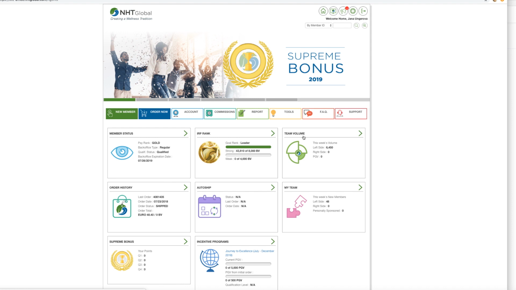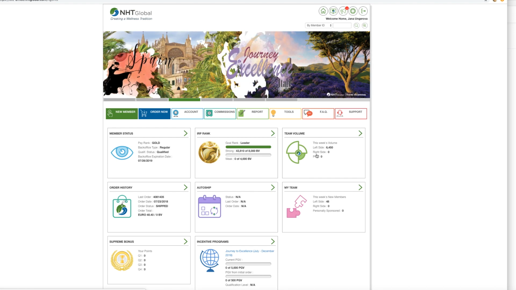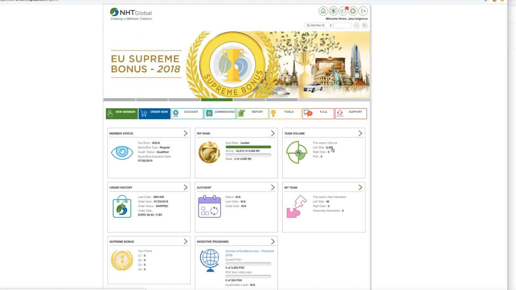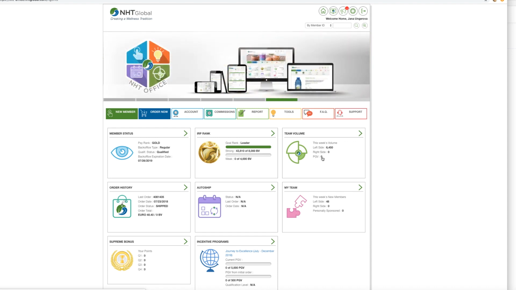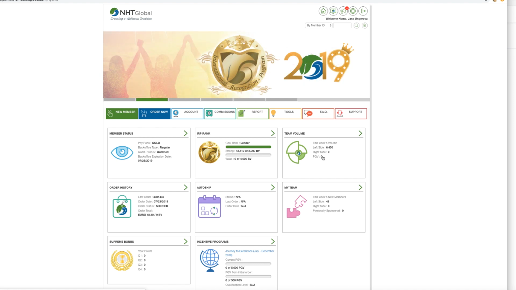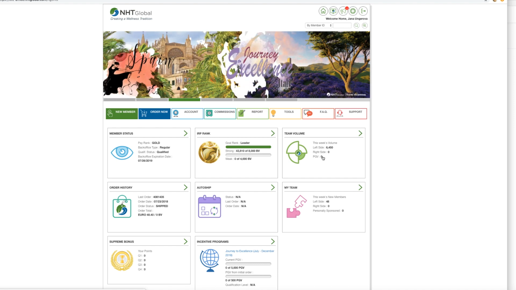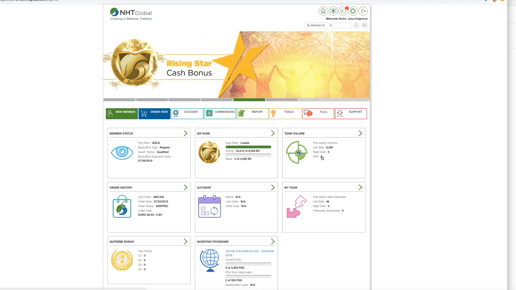Now, team volume, that's really something that is very important as well. This is the summary of this week's volume. So that particular distributor has 6,450 BV accumulated on his left side, 0 on his right side. PGV is personal group volume. That would be the BV that is generated by people that the distributor has signed up personally. So if that distributor brings in John, for example, who buys a 500 BV package, then there would be 500